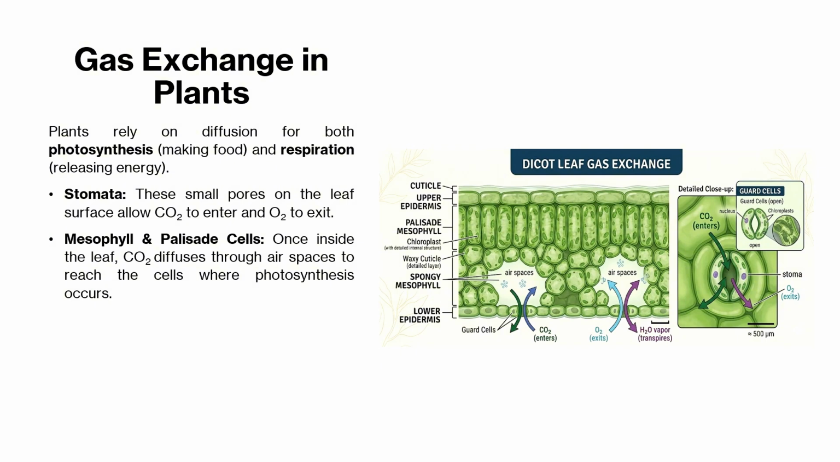Once the carbon dioxide enters through these stomata, it does not just stop there. It has to reach the food factories of the plant, which are the mesophyll and palisade cells. The leaf is cleverly designed with large internal air spaces that allow the gas to diffuse quickly and easily